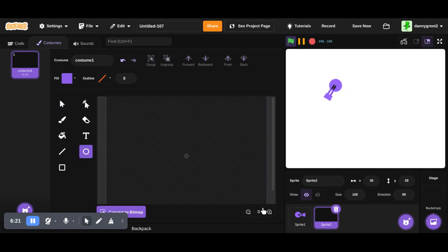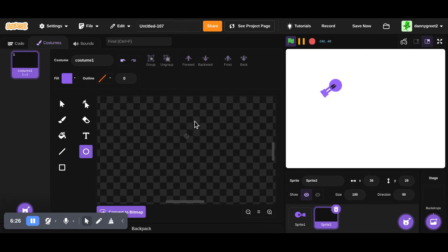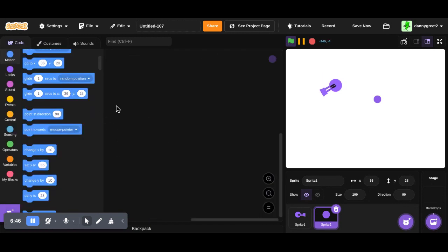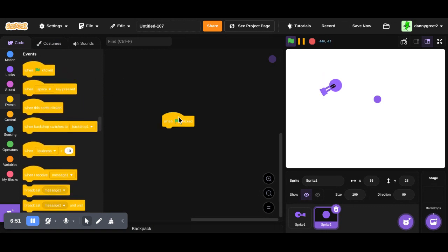Now we're gonna just make a nice little ball in a new sprite. Just a nice perfect ball. Not as big as him, slightly smaller. That is perfect. So now that we have the ball, we kind of make it so whenever he clicks the button, it comes out of his cannon. So we're just gonna, when green flag is clicked,